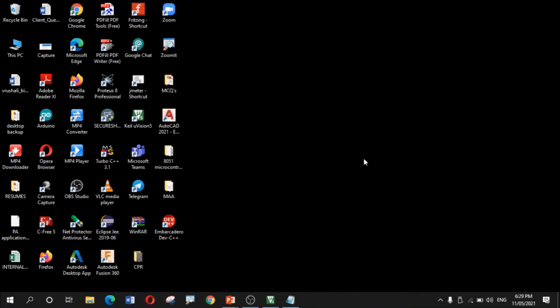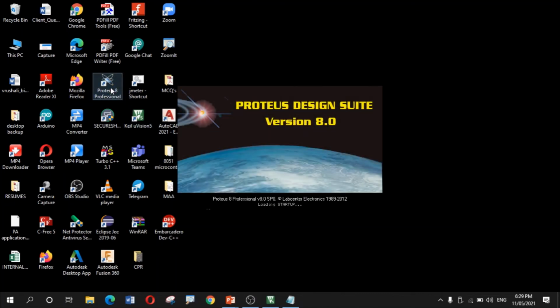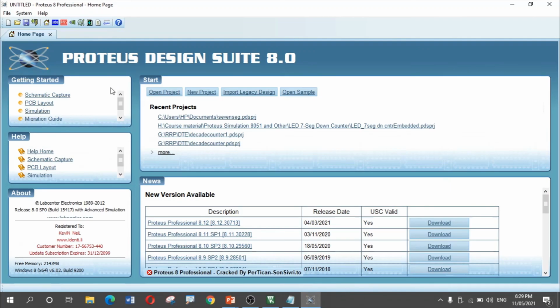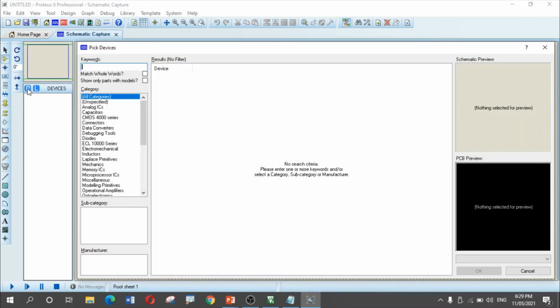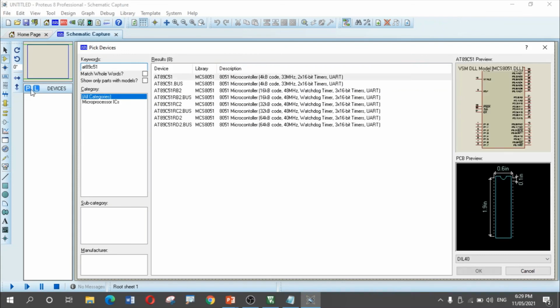Once we are done with Keil, now it's time to open the Proteus Design Suite, and this Proteus will help us to simulate the program. Now the Proteus environment looks like this. Click the P to pick up the component. I am using the 89C51 microcontroller, so I will type the keyword 89C.